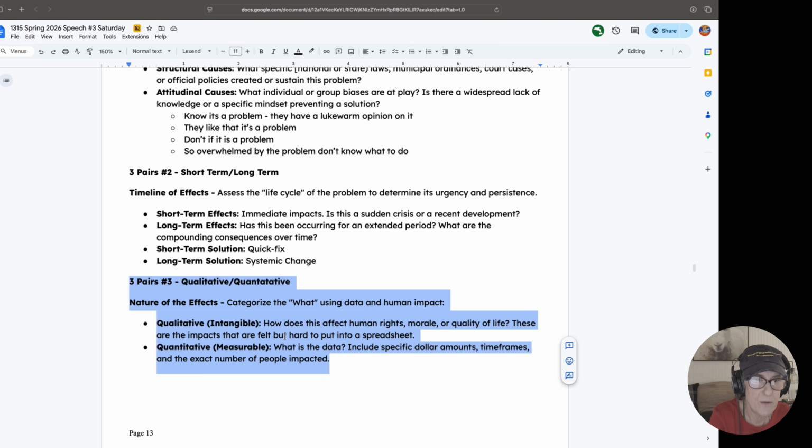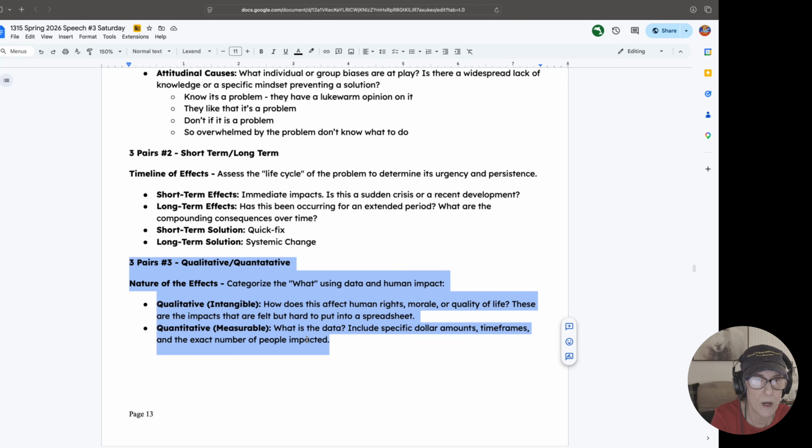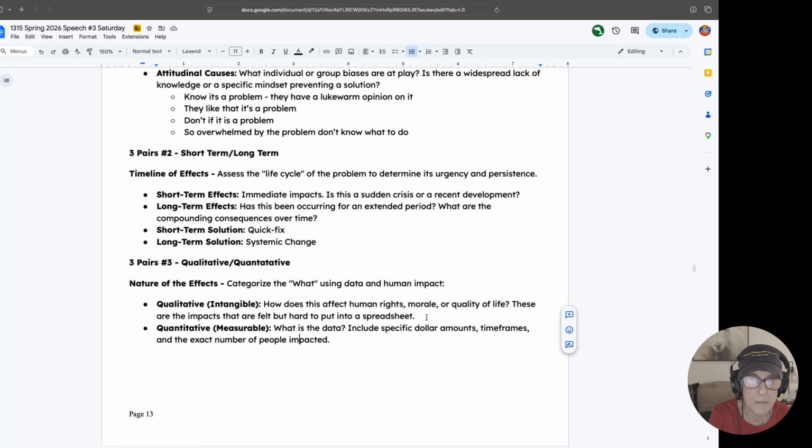Americans. Then the third pair of the three pairs is quantitative versus qualitative. In other words, can you measure the data? Are there specific dollar amounts that show your problem, or has it been going on for a long time? Maybe there's a specific number of people that are impacted by your problem. But sometimes we can't measure a problem. Sometimes it's our right to privacy or our liberty. And it's very difficult to pull out a tape measure or a scale to provide some sort of tangible